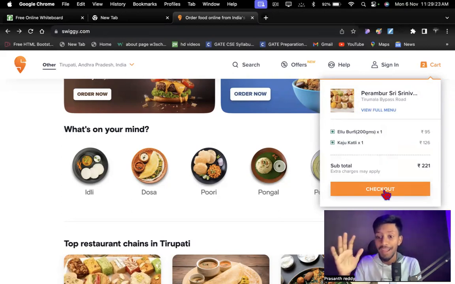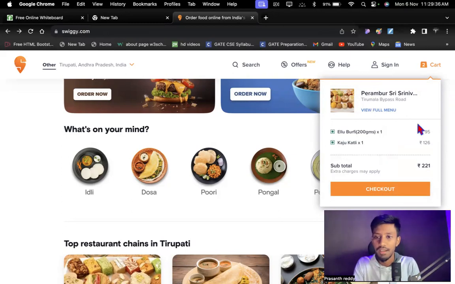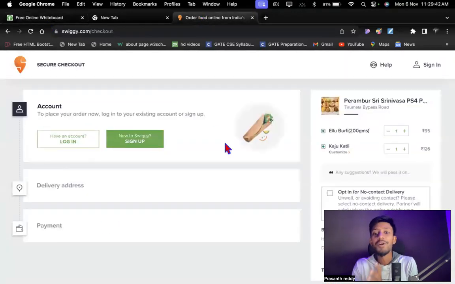Okay, that is completely backend, guys. That is not related to the front end. Adding the payment gateway method is completely backend. I'm not responsible for backend, guys. Okay, done. As of now, I'm teaching only the front end up to React. Once we move to the backend, then we'll talk about that. Okay, this is a portion, guys. Apart from that, adding the Shimmer UI. If you see this, adding the Shimmer UI inside this project, apart from those 6 concepts, is there any other extra concept?